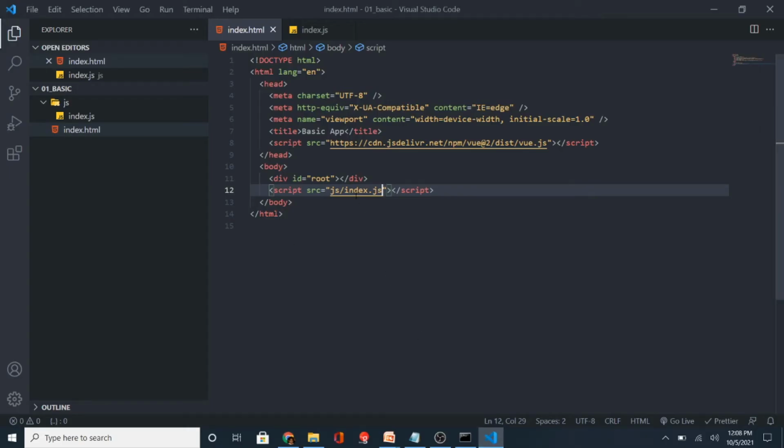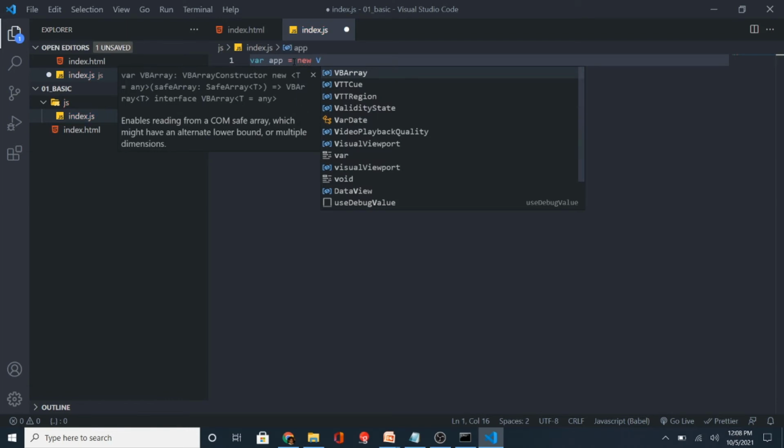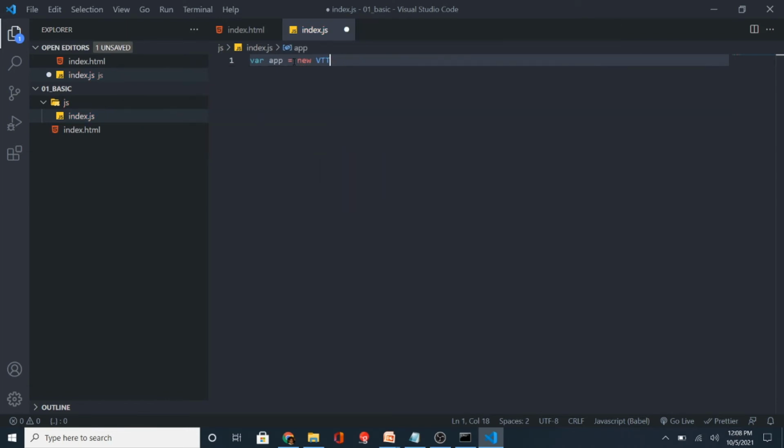See this, guys, I'm going to write a simple program. I will explain each and everything. Okay, so what I'm doing is creating one variable, and this is going to be an object. This object will be a Vue.js object that I will be using. So this is the Vue object.